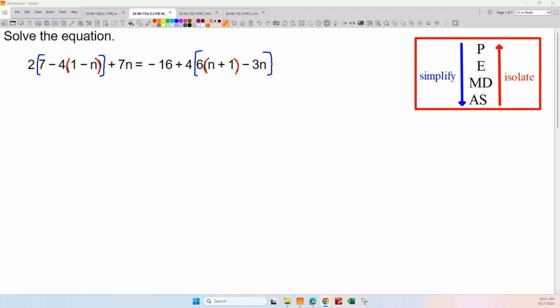So let's focus on the simplifying. What do I have to do first to simplify? I'm just working regular PEMDAS, so I'm starting in parentheses. Do I start in the inner parentheses or the outer? I start on the inner and work my way out, right? But if I look at the inner parentheses, the red ones, there's nothing to do inside those, right? Then I do the outer, right? So the red ones, there's nothing to do. So now we'll move outward